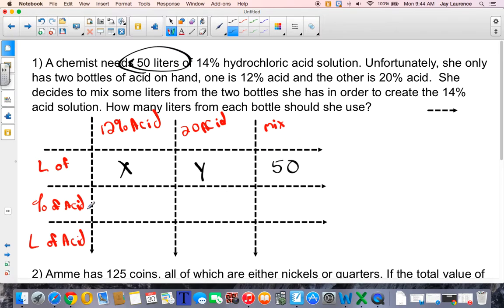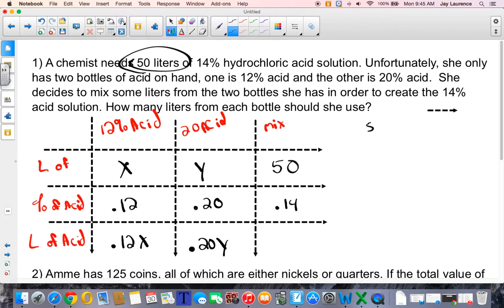All right, the percentages of acid as decimals are like so. And then the actual liters of acid I would get by multiplying the percent by the liters. So that would be 12 hundredths X, 2 tenths or 20 hundredths Y. If you want to leave it 20 for the 20%, that's fine. And then this one I'll do